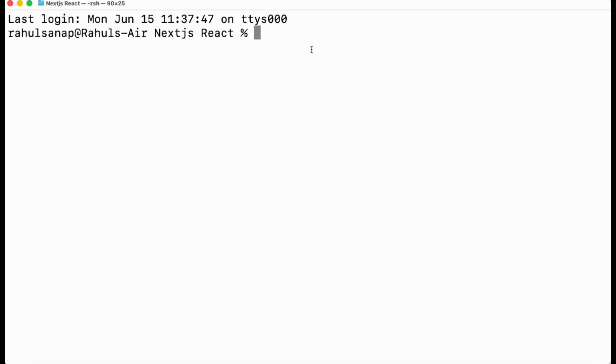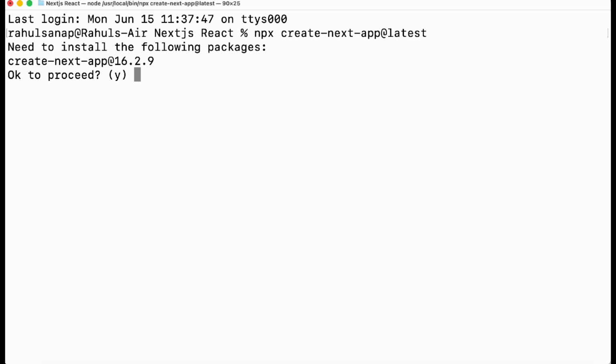Don't tell AI to do it, because that needs a lot of token usage and creates a lot of files, right? So in order to create a Next.js app, simply type the command npx create-next-app@latest. Now @latest will install the latest version of Next.js, but if you want to install a specific version, just provide the version number. After that, it will ask, do you want to proceed? Say yes,